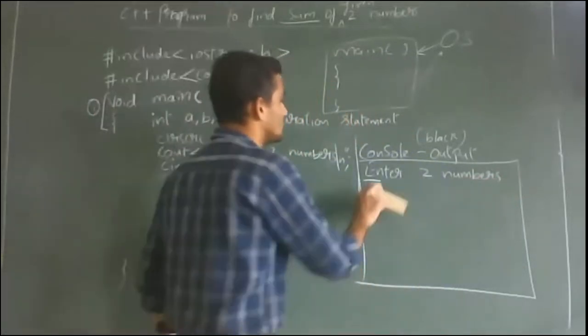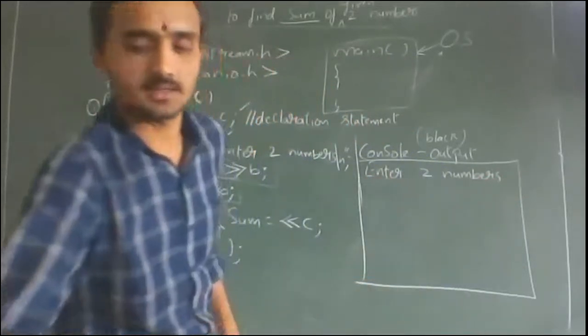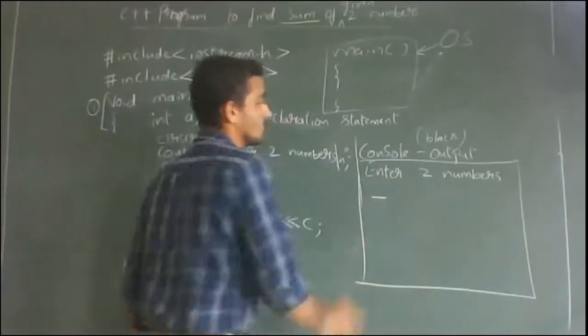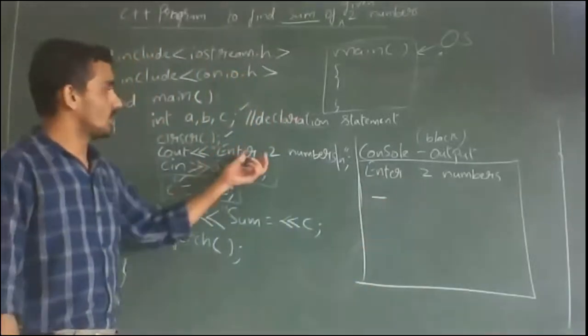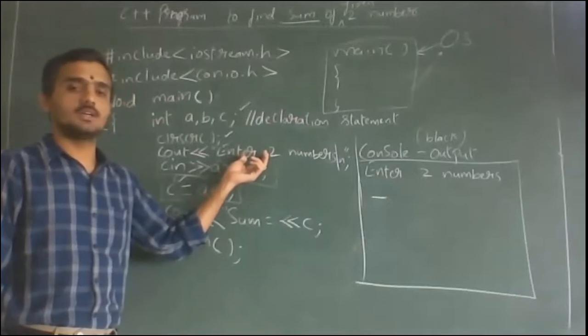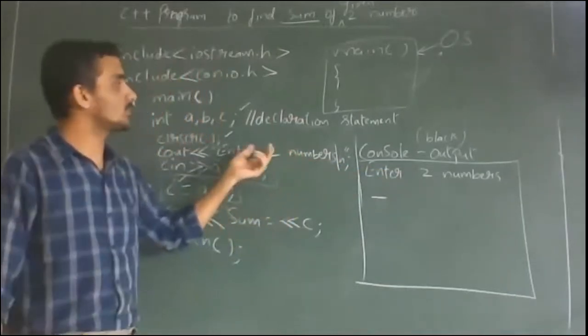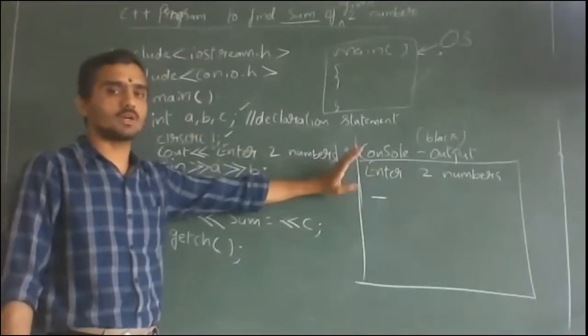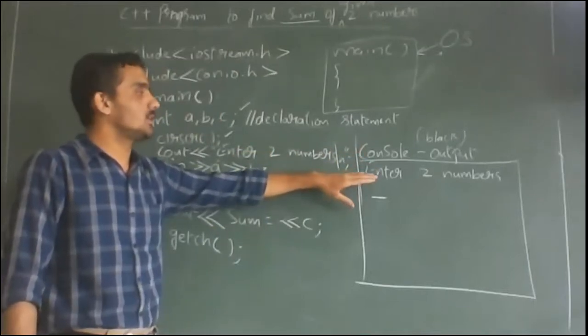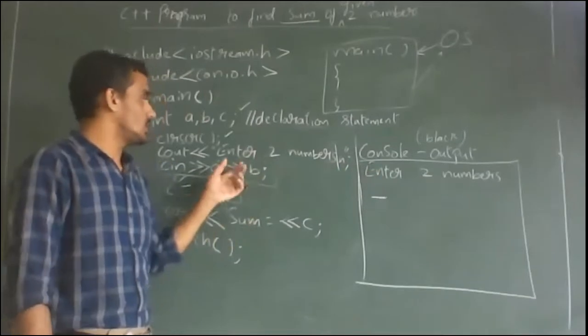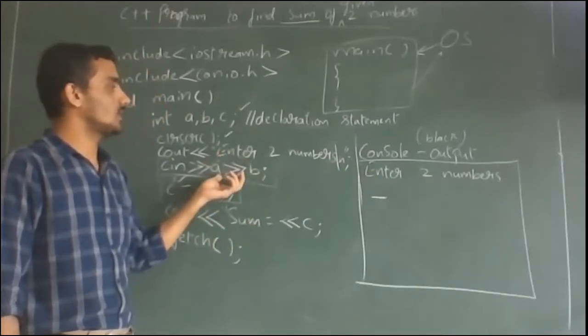So after that message, this console will go to the next line. Okay. So why do we have to write this statement? Because it should appear on the screen. Then only we will understand. If you don't write the statement, nothing will come on the screen. The program will work, we will not get any error. But on the console screen, we will not come to know what to do, what values we have to enter.